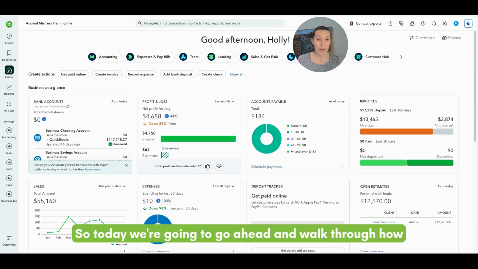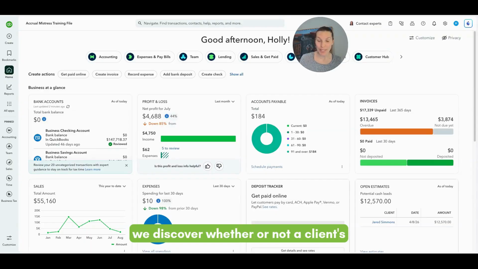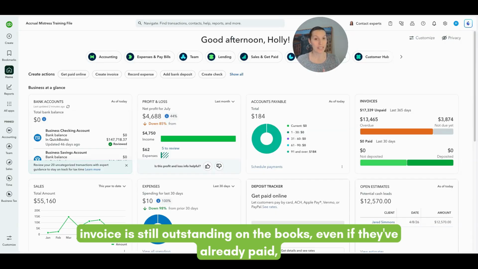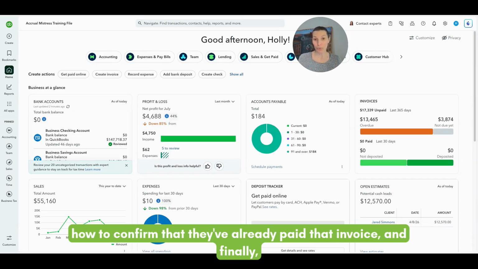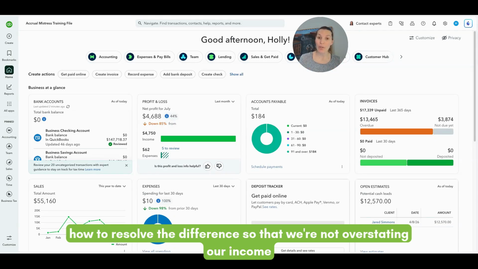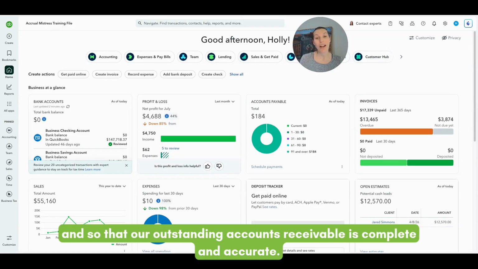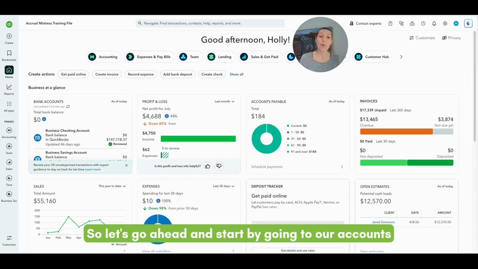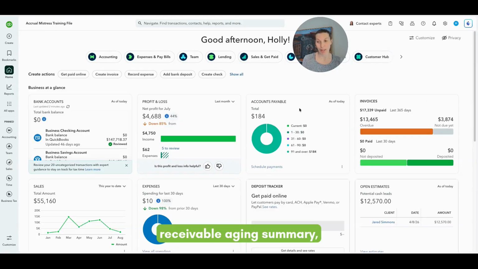So today we're going to walk through how we discover whether or not a client's invoice is still outstanding on the books, even if they've already paid, how to confirm that they've already paid that invoice, and finally, how to resolve the difference so that we're not overstating our income and so that our outstanding accounts receivable is complete and accurate. So let's start by going to our accounts receivable aging summary, which we